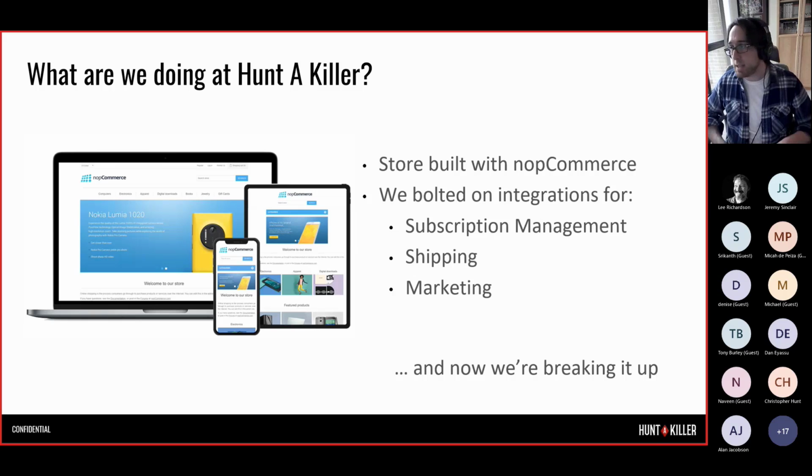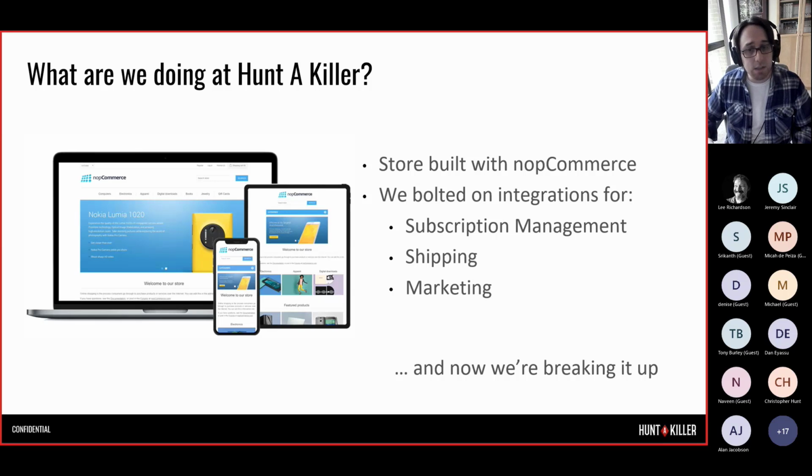We're going to begin to take these things that were bolted on, like our subscription management platform, our shipping provider, our different marketing tools, and we're going to begin to abstract those things away behind contracts that represent microservices, which